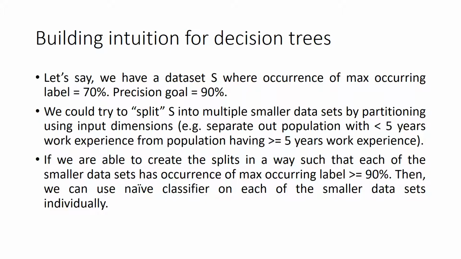When I say naive classifier, all I mean is predict that very label. So the bucket that has 90% trues should just say, I'll predict true here, and wherever it says 90% false, it should just predict false there. As simple as that. So all I need to do is somehow split S into multiple smaller data sets